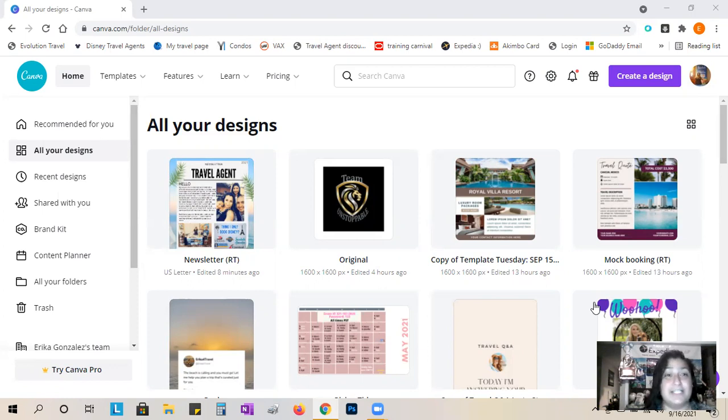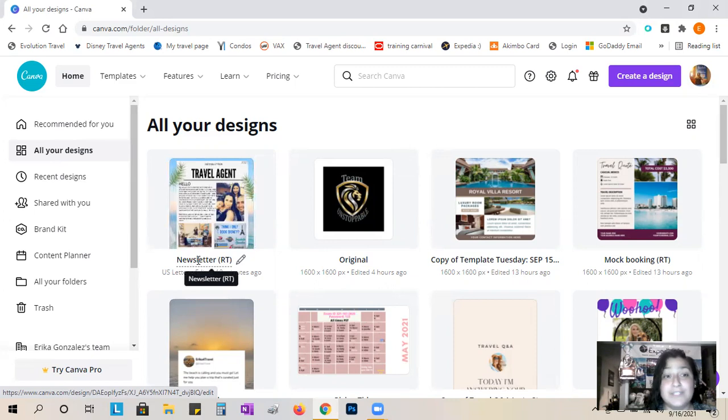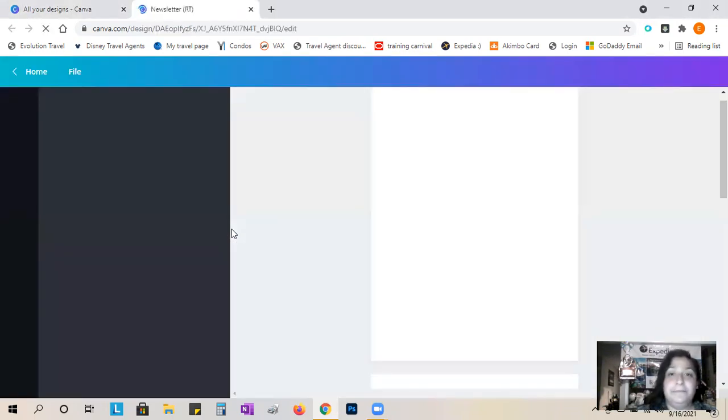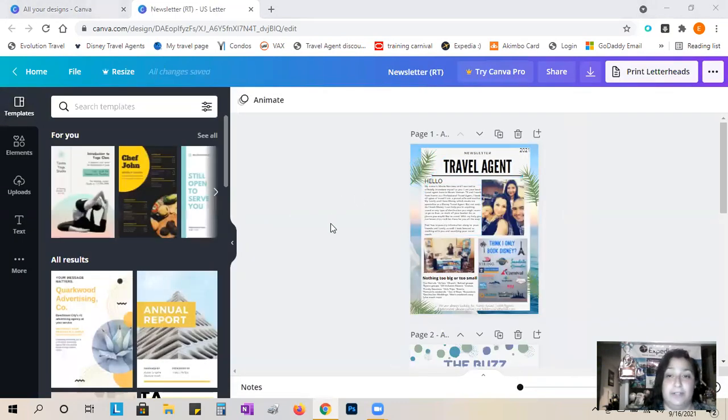All right. So as you can see, this is my homepage. You are going to go under all your designs. From there, if you already have some templates going, or if it's your first time, you will see that information on here. In this case, the template is called newsletter RT, which is for Rising Tide. Okay, and this is how it looks. So what this template is